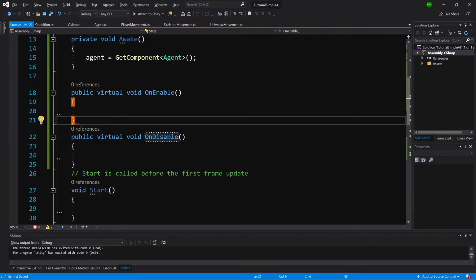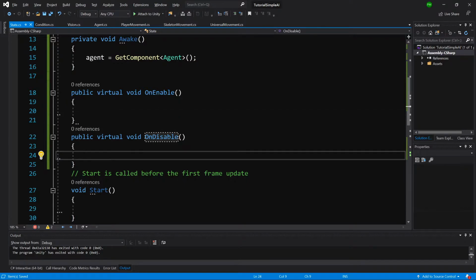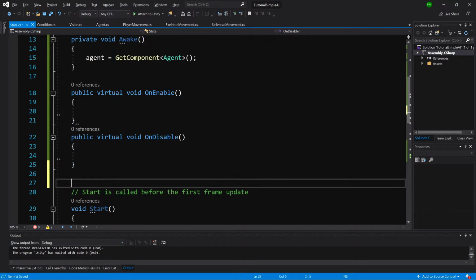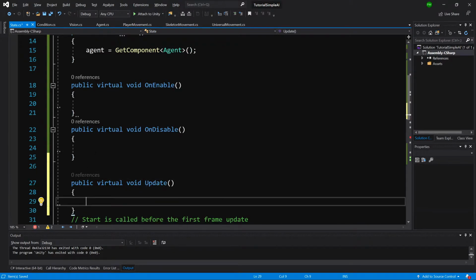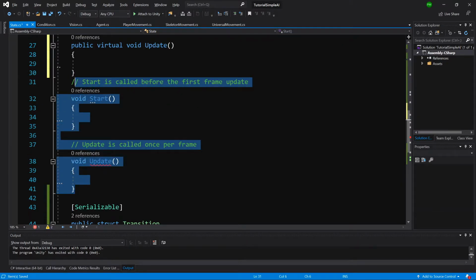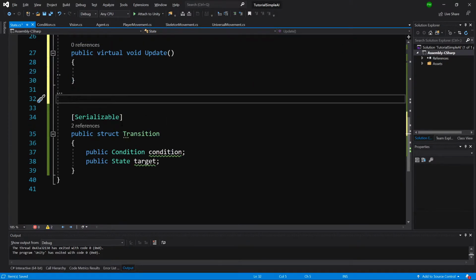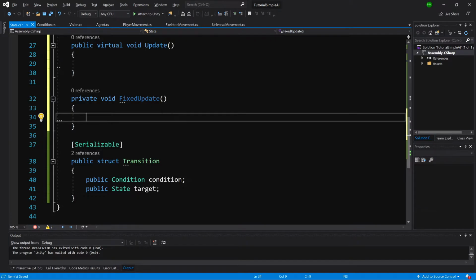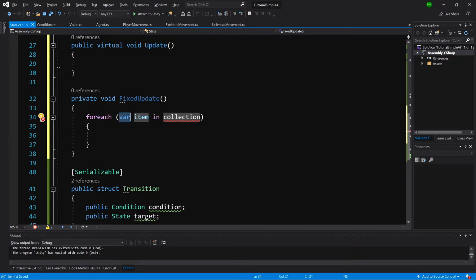Okay, so basically each state will be able to preset some settings in OnEnable or disable some settings on OnDisable. We will need to call public virtual void Update. Okay, and last thing we need, let's delete those remaining methods. We will need a FixedUpdate, so let's call FixedUpdate. And in the FixedUpdate we will call each transition. So for each transition in our transitions,